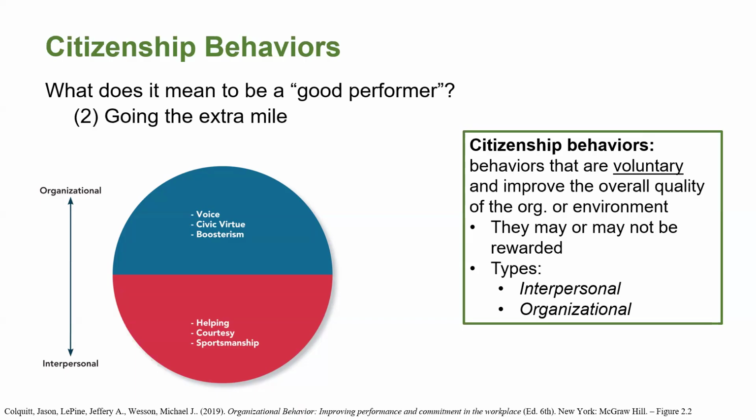Alternatively, covering a sick coworker's shift can also be a form of citizenship behavior, assuming that it isn't a mandatory requirement of your job. And citizenship behaviors can be interpersonal, where they benefit coworkers and colleagues. They can involve assisting, supporting, and developing others, like by offering to work an extra shift. They could be things like assisting coworkers with heavy workloads, teaching new employees, showing sportsmanship, or staying positive and optimistic. All of these things are examples of things that could be citizenship behaviors if they're not within the formal guidelines